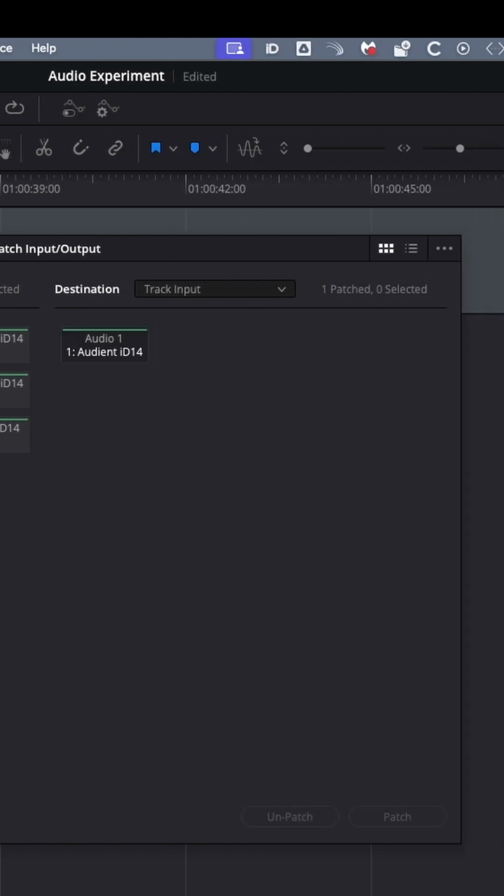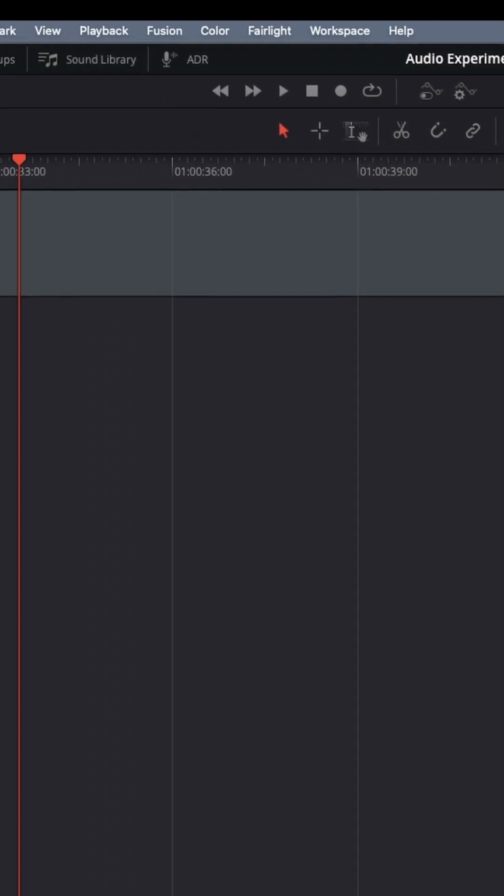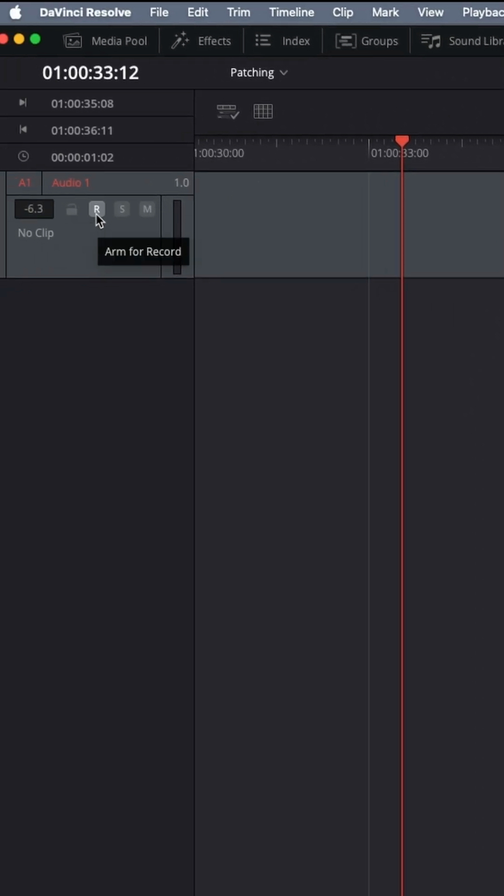We can close that window now, and if we come back to our audio track and click record now we are recording, and you can see the meters are alive, the record button is ready, and we'll be able to go into record. Now, if you're getting a sort of distorted, weird noise or any problems like that, it is